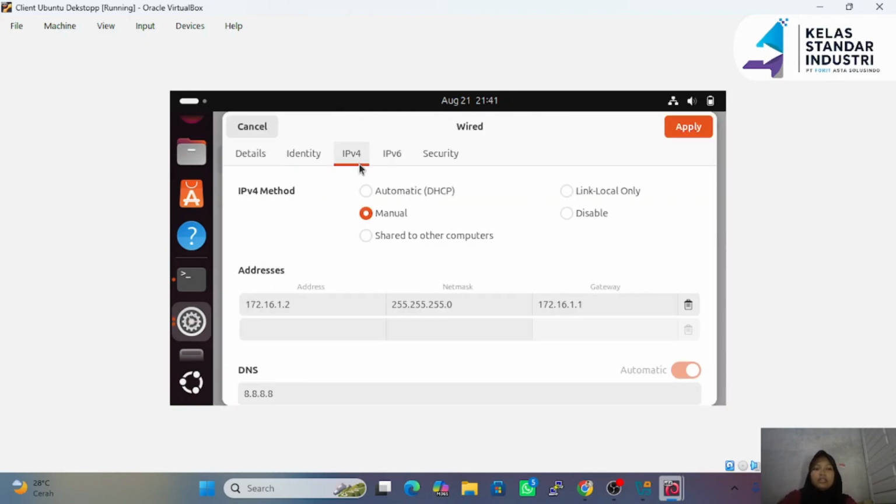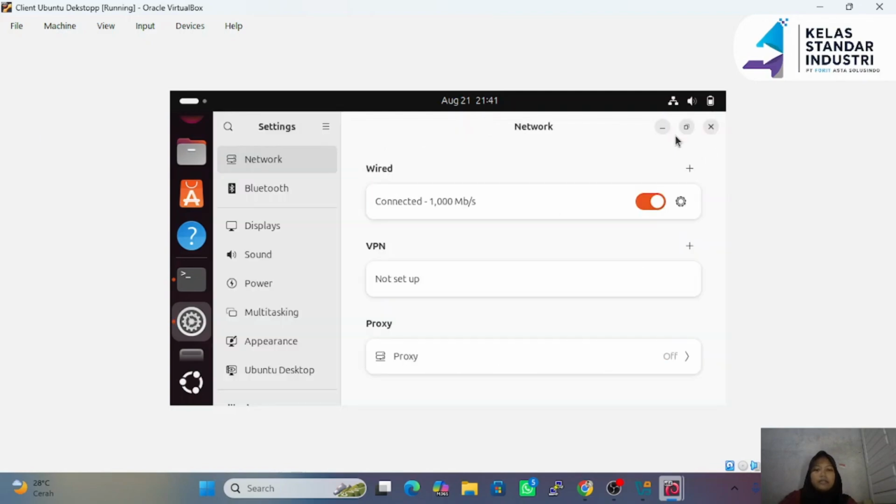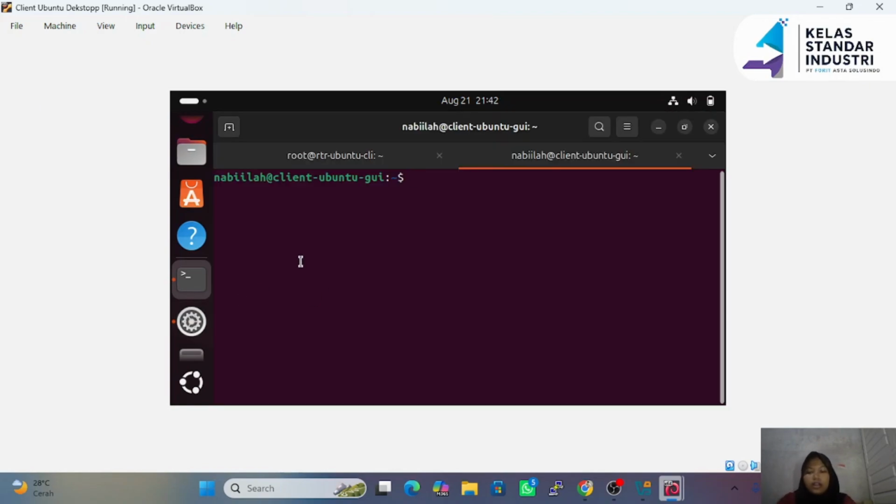Since it was set to manual before, we'll change the IP version 4 setting to automatic. Once that's done, click apply. Then we can disable and enable the connection again to refresh the network setting. After that, go back to the terminal and run sudo netplan apply and press enter.